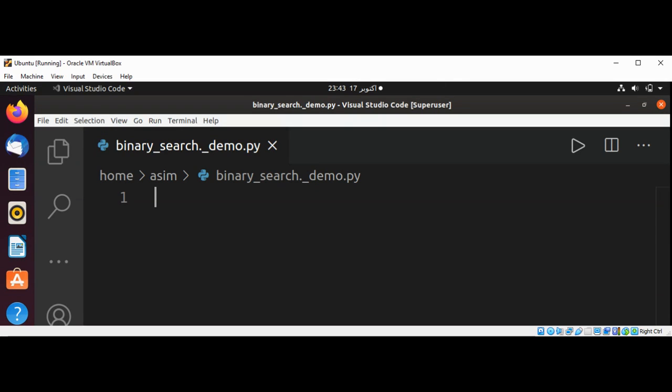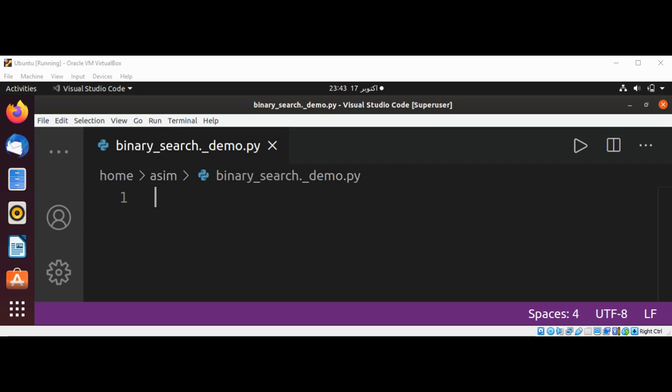In this video, we will write a Python script that implements a binary search. Binary search is a simple search method and it is very efficient. A prerequisite for binary search technique is that the element values in the array to be searched are sorted in